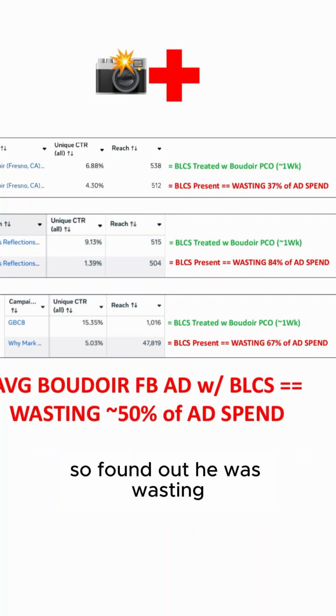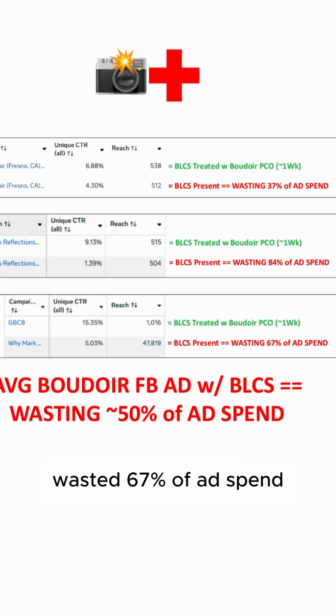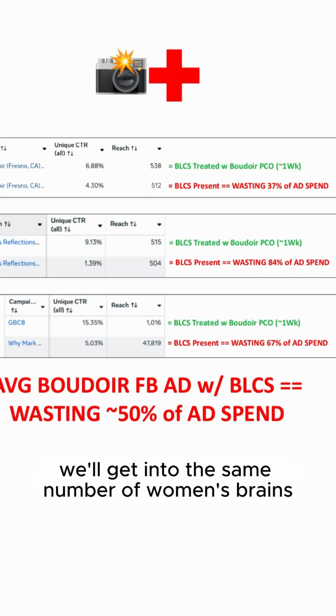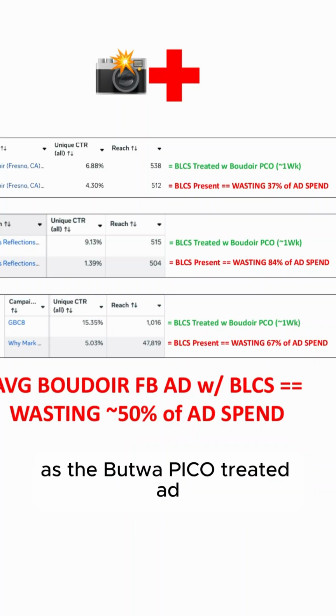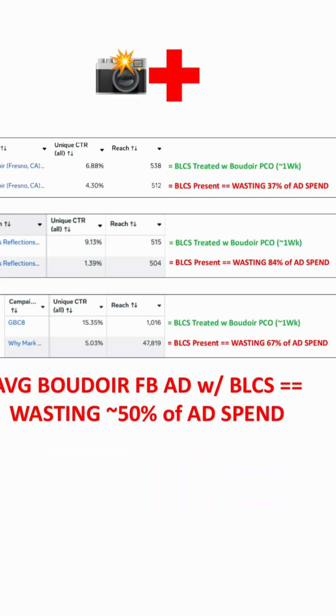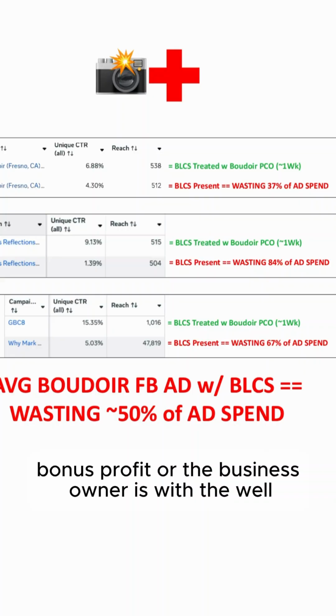So I found out he was wasting 67%, or at least the original Boudoir Facebook ad was wasting 67% of ad spend. So the original Boudoir Facebook ad had 10 grand a month. We'll get into the same number of women's brains as the Boudoir Pico treated ad, spending only 3,300 bucks a month. So that whole difference, we're pocketing that difference as bonus profit, or the business owner is, the boudoir photographer is,